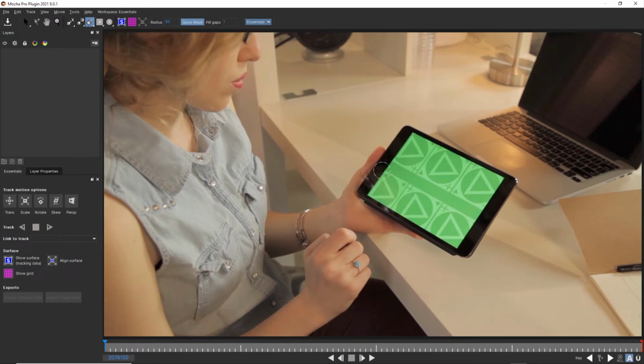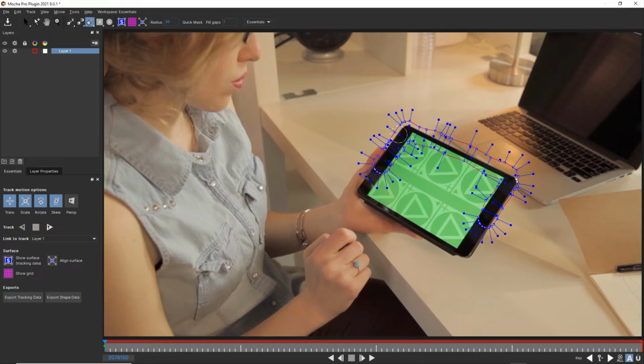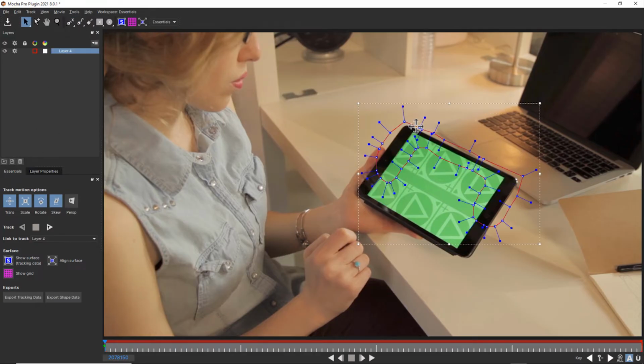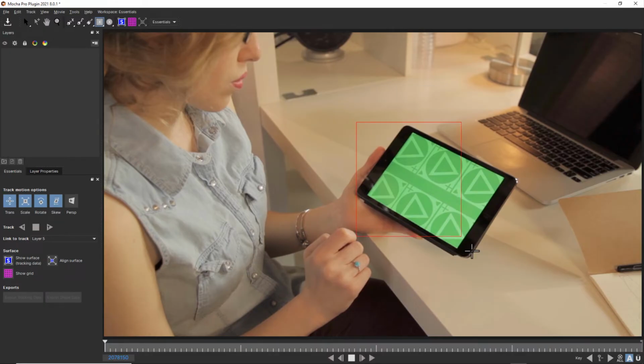I could use several things to track this shot. I can use the Area Brush tool, which creates a mask from a raster-based brushstroke. I can use the Magnetic Spline tool that will follow edges based on contrast. I can use the Freehand tool to draw my own shape. I could even use the Solid tool and align my points around the whole area that I would like to track.